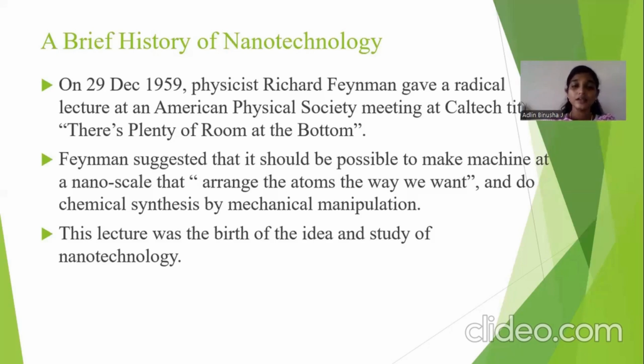Okay, Feynman suggested that it should be possible to make machines at nanoscale. A machine will be of larger size, isn't it? What he insists is that a larger machine can be made into nanoscale size, into a smaller size. Arrange the atoms the way we want. We need to align the particles. We need to align the atoms. We need to align the spare parts according to ourselves to manipulate a larger machine into a smaller one,